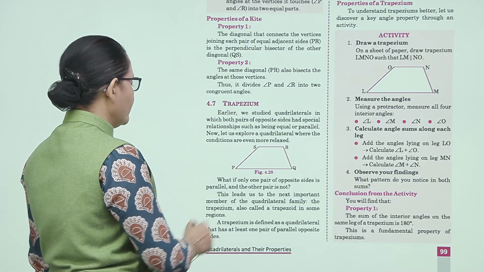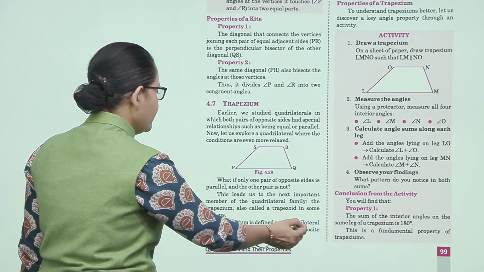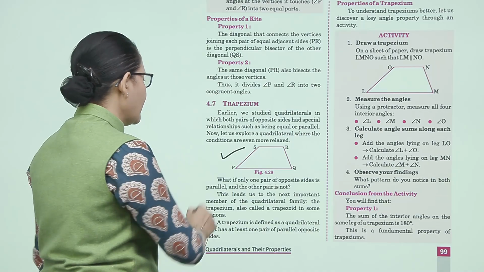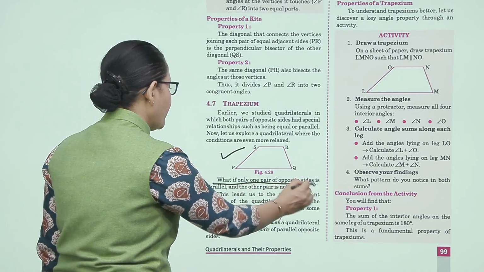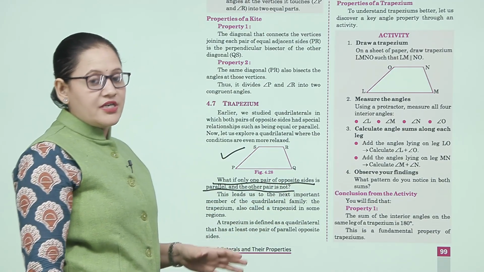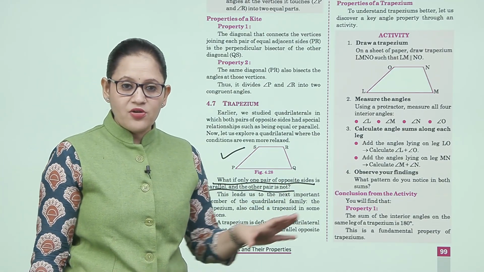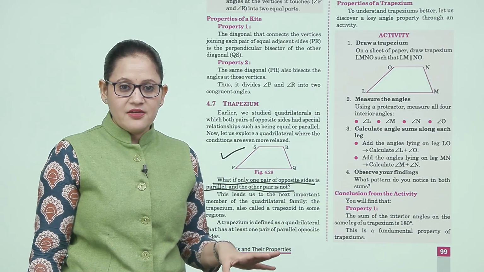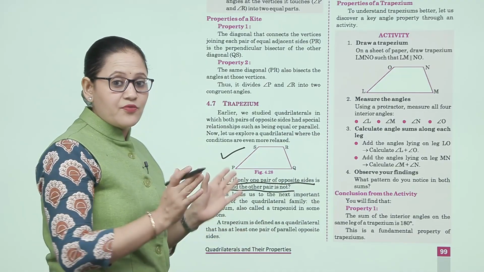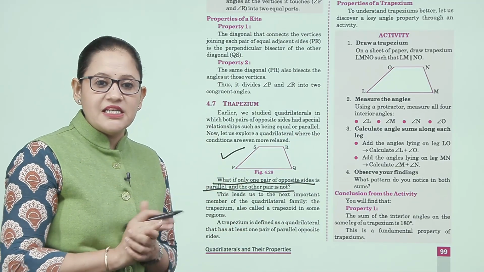This is the trapezium. What if only one pair of opposite sides is parallel and the other pair is not? We know in a parallelogram opposite sides are parallel, so two pairs of opposite sides are parallel. But what if only one pair is parallel